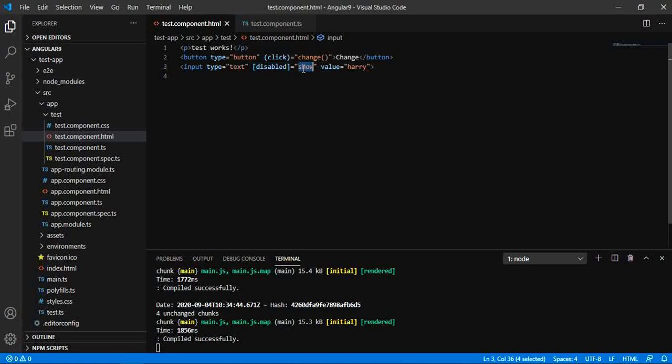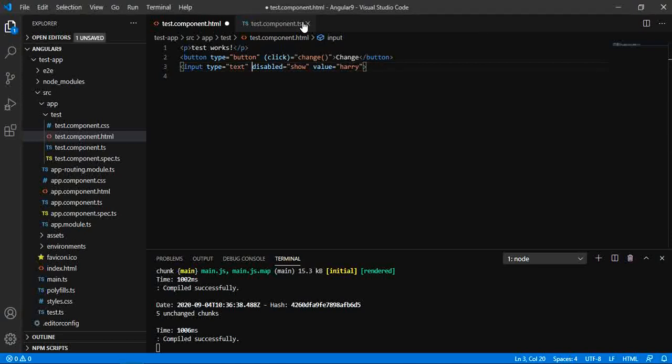But when we try to bind that particular value with the help of interpolation, then it is not binding. It actually works on the string. So interpolation is better for string manipulation, but it is not suitable for the Boolean properties. So to better achieve the functionality of binding property in Angular, we should go with this approach.